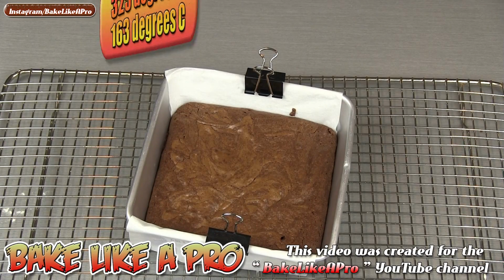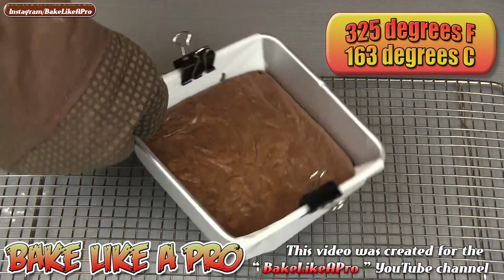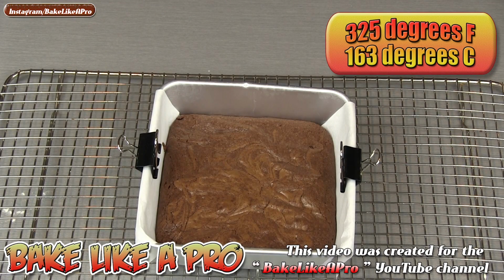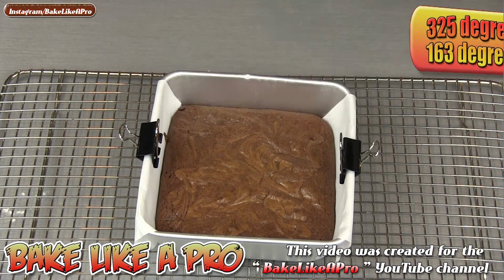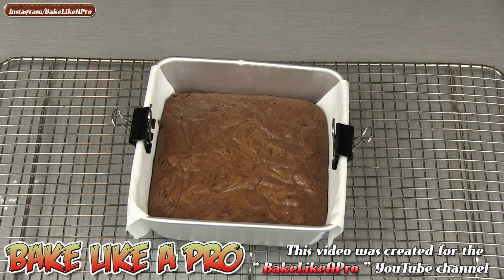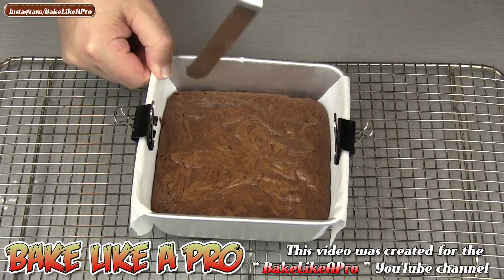So here we go, exactly 30 minutes in my 325 degree Fahrenheit oven. So this is extremely hot right now. I'm just going to let it cool down for about 15 minutes and then we'll remove it. And this smells amazing. So this is about 15 minutes later, and I don't want this to completely cool because